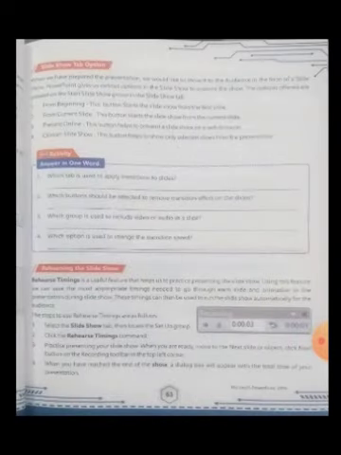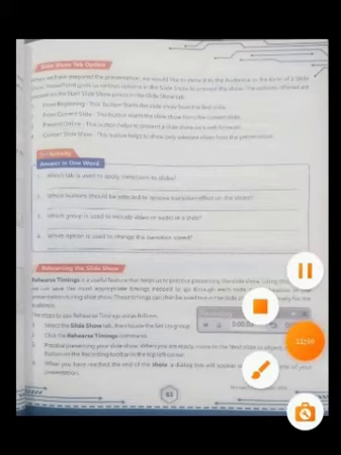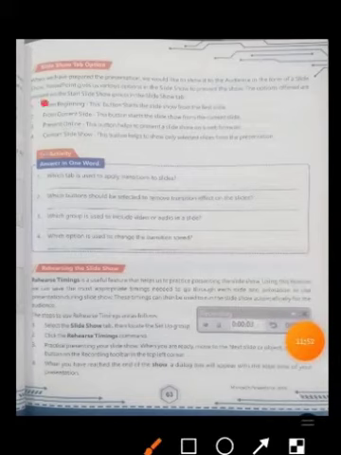And next is the Slideshow tab option. When we have prepared the presentation, we would like to show it to the audience in the form of a slideshow. So PowerPoint gives us various options in the slideshow to present the show. The options offered are present in the Start Slideshow group in the Slideshow tab. So what are they? From Beginning. Next is From Current Slide, whatever slide you have opened. Next is Present Online, and the fourth one is Custom Slideshow. These are all the 4 options that are available.